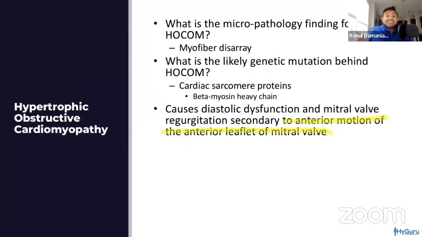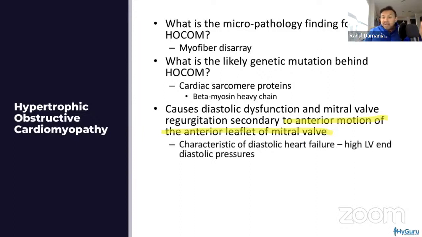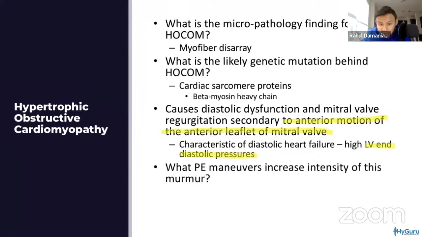Also, what you have to recognize is that these patients on your exam are going to have sudden cardiac death because of the abnormal structural makeup of their heart that then is going to affect the electrical activity of the heart. So what we have to recognize is that these patients are going to have high diastolic pressures, and their LV EDP, which is their left ventricular end diastolic pressure, is going to be very high because the left ventricle, due to the hypertrophied interventricular septum, is going to be very, very stiff and non-compliant. It's not going to fill as well.